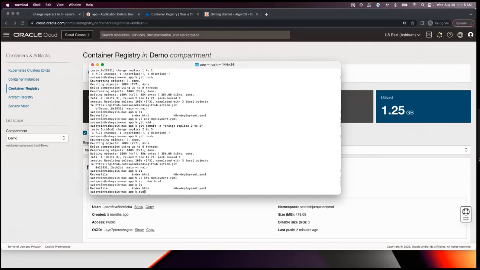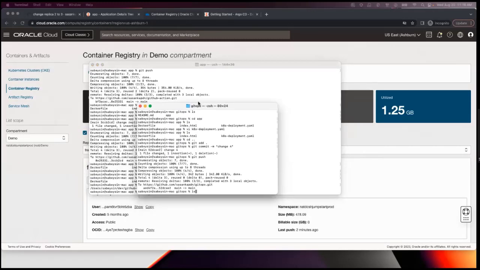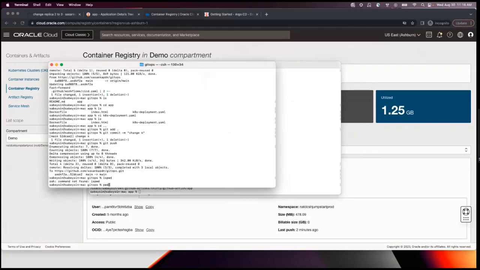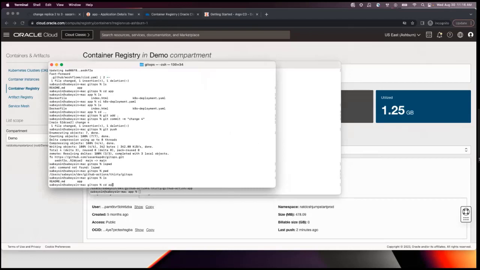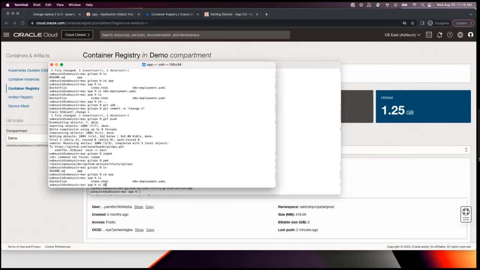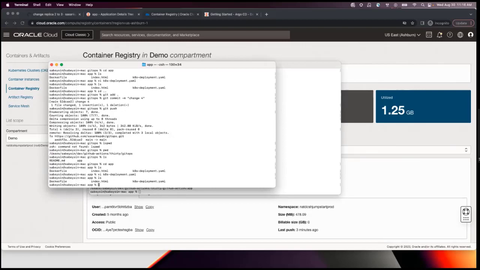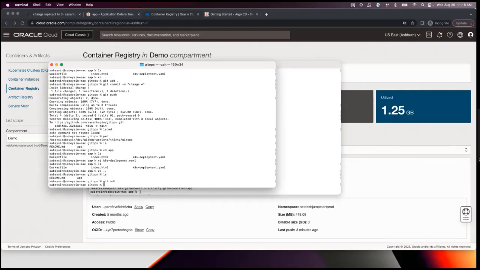Next, I think I'm in a different repo. If I go to the app, I have the K8 deployment, and here I'm going to change it to 1. Then git add.